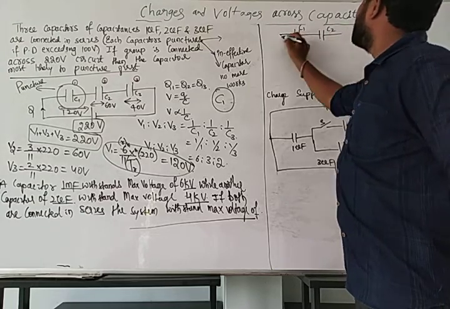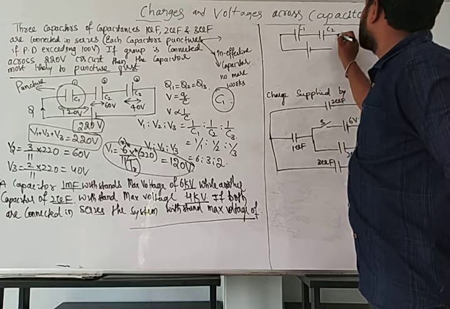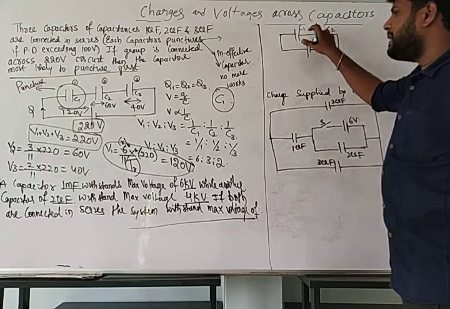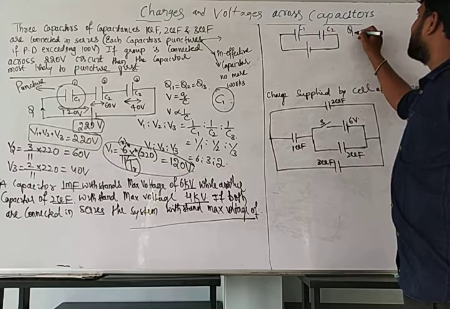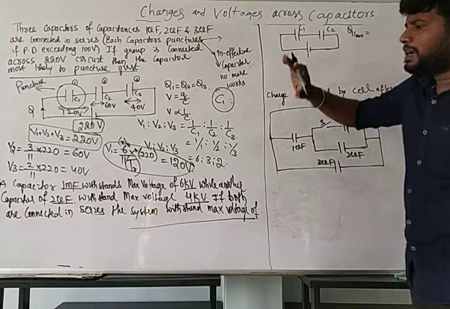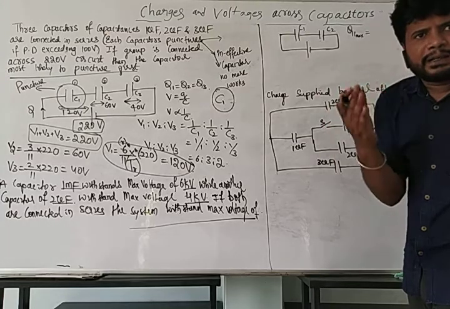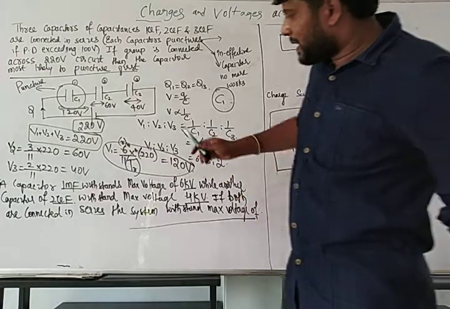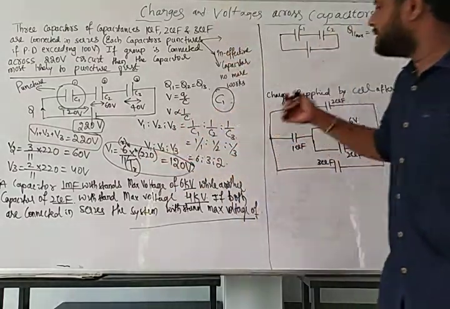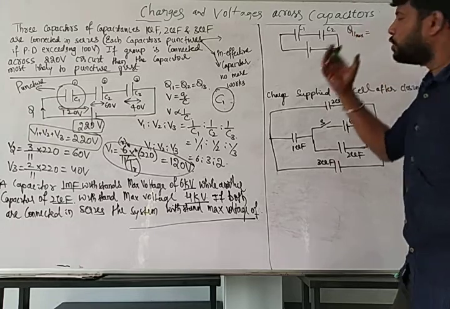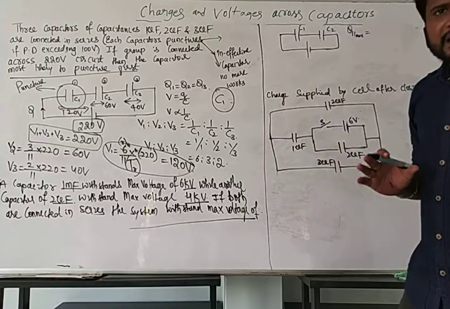C1, C2, they are connected in series. Remember, what is the maximum charge it can withstand? Q1 maximum it can withstand. Above that it cannot withstand. Below that it is possible. Remember, the main purpose of giving maximum voltage is nothing but what is the state of that capacitor in order to hold the charges. Clear?